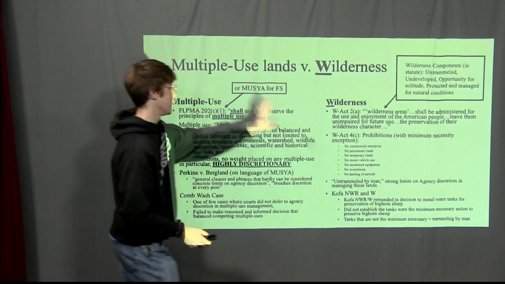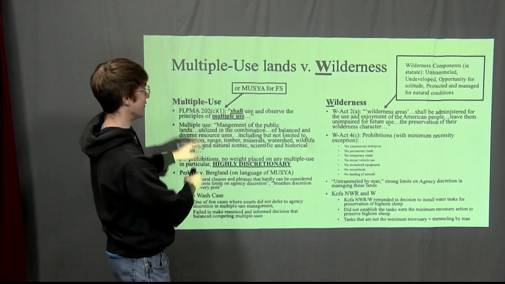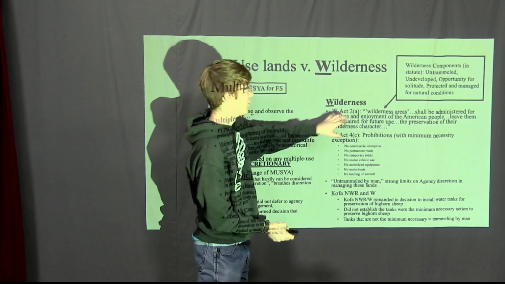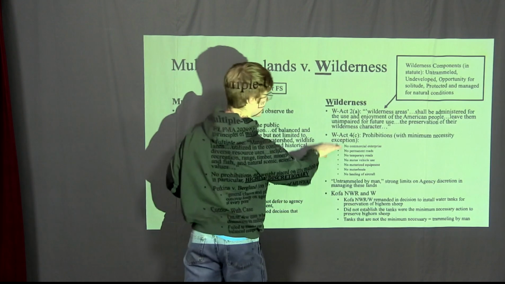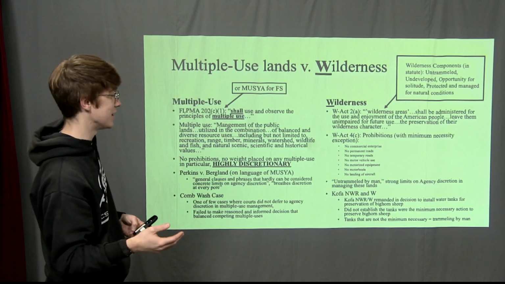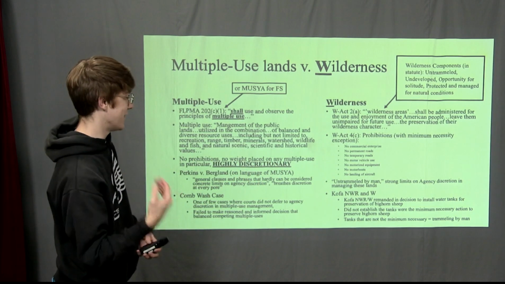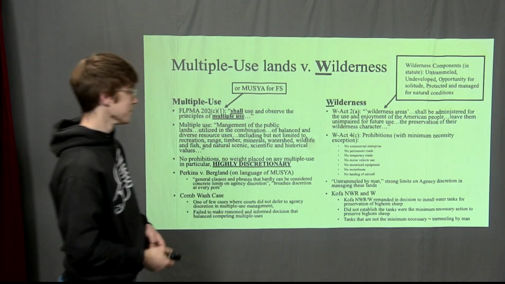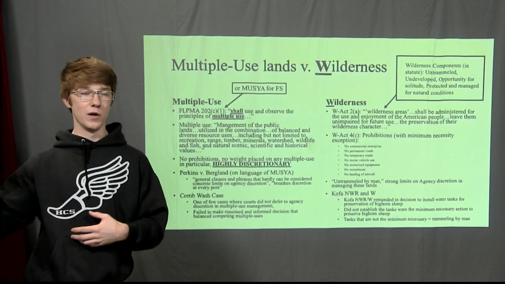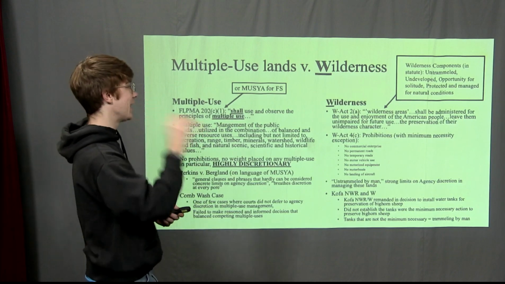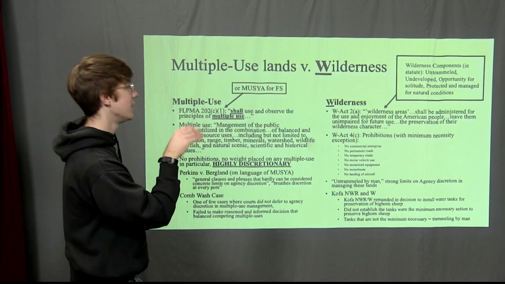So again, just looking back to the Multiple Use Act, you don't have anything like these direct prohibitions in multiple use. But here, where you have those guide rails of non-impairment and preservation of that wilderness character, you then get this additional list of actions that are actually prohibited on these wilderness areas. And there is, of course, the minimum necessity exception that comes with those, but you've still got those actual prohibitions in statute. And even down here, I just got that untrammeled by man in the definition of wilderness. So that's a hands-off management going forward,